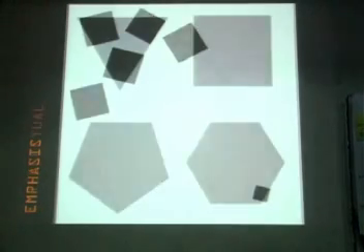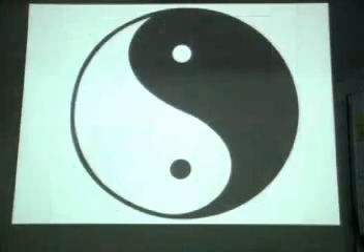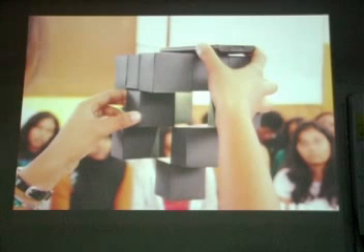So the class, since it's 60, is broken down into groups of 10 each. Each one is given a subject. So you pick that subject and then you bring a model on that particular subject the next week. So I'll just run you through a set of jobs which the students have done. This is supposed to be contrast